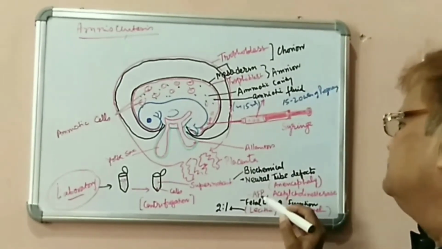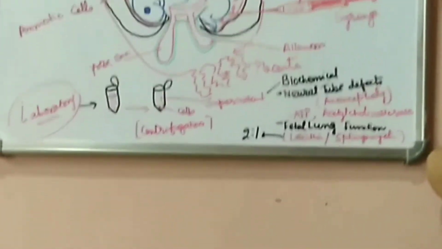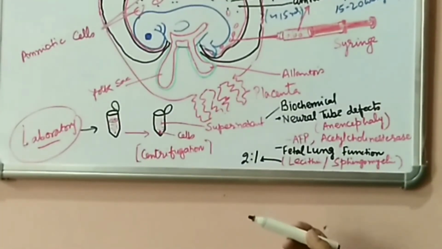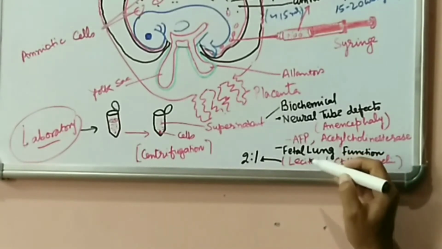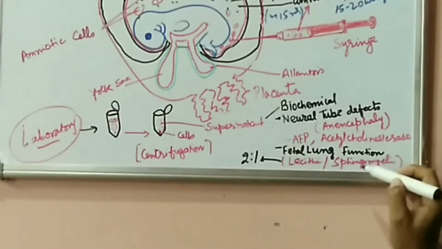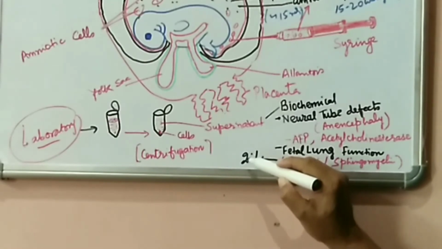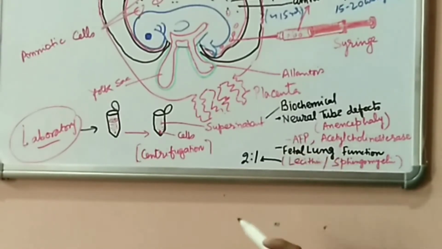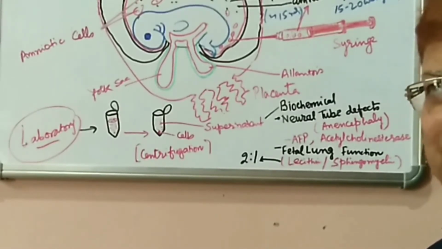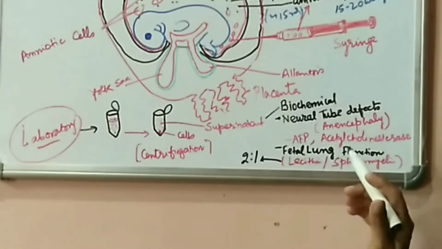Then the second parameter, which is fetal lung function. Because in the fetus, if the lungs are not properly functioning, then there may be some sort of complications around the delivery period or at the time after the delivery. So the surfactants of the lungs, that is lecithin and sphingomyelin, these lipids are quantified, and the ratio is determined. If the ratio is either 2:1 or more than this, then that means the lung functions are proper, lung development has completely come to the mark, and so there is no risk to the lung functions.